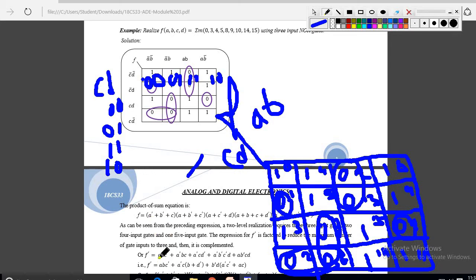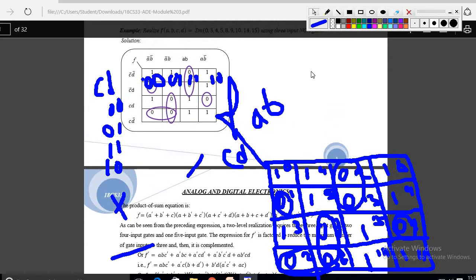So if you are comfortable with the SOP, directly you will write this expression. Don't go for these expressions, because the reason we are going for this expression is that I am grouping zeros here. For that reason, I first have to write the POS equation. After that, I need to convert this POS into SOP, like this. Are you getting my point? Or directly I have to write, because I can't write SOP directly because of zero grouping here. If you are doing one grouping, directly you have to write SOP. Is it clear? First you have to write the product of sums expression because of zero grouping. Is it clear?